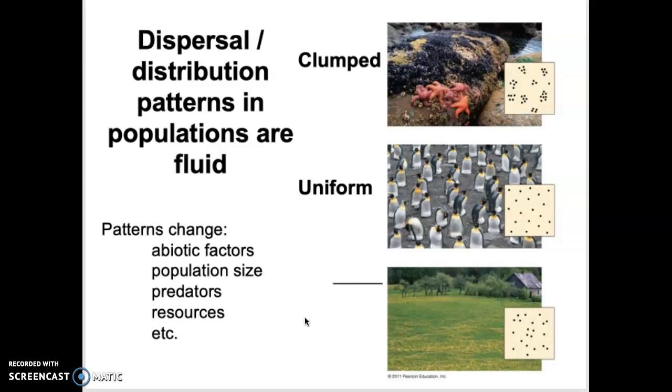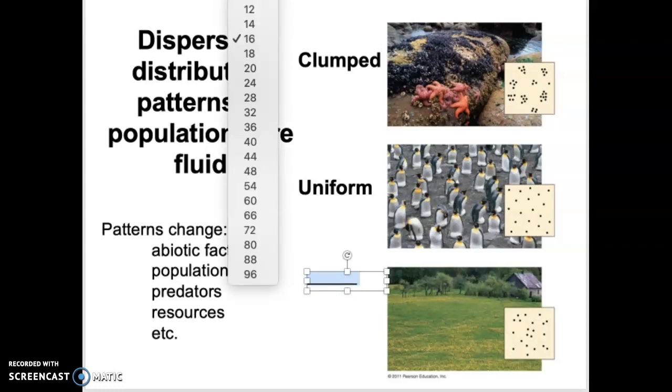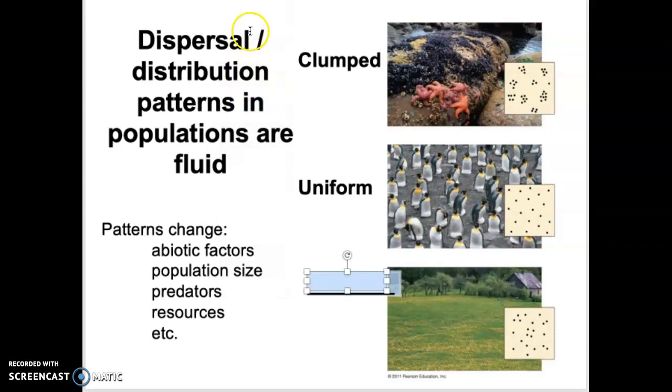Again, it's not a constant. Penguins only do it during the breeding season, and then they go back to their scattered or random dispersal after breeding season's over. Okay, and then that brings us to our third type of dispersal,